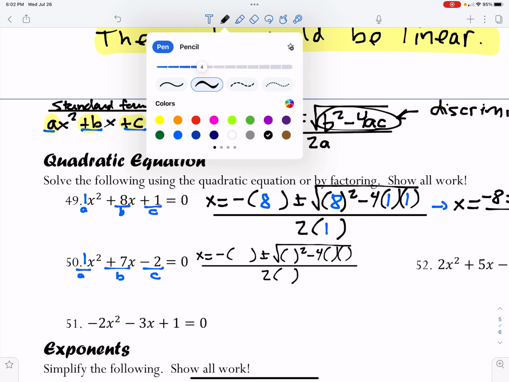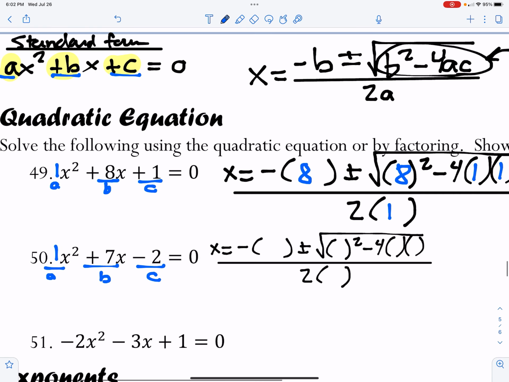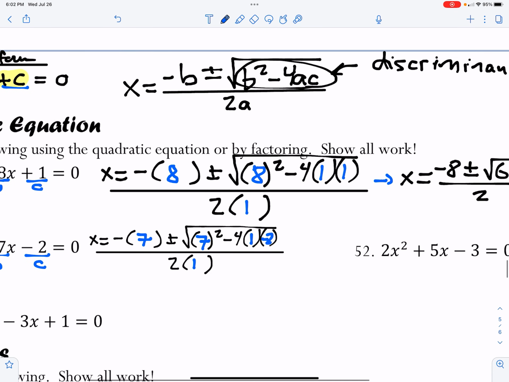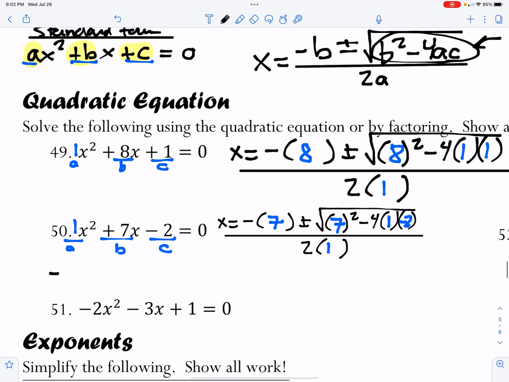Okay, let's substitute into the quadratic formula. So negative b, so negative, insert the 7, plus or minus the square root of 7 squared, minus 4 times a, which is 1, times c, which is negative 2, over 2 times a, so it's 2 times 1. Okay, I think we have some room down here, so we'll go x is equal to negative 7 plus or minus,